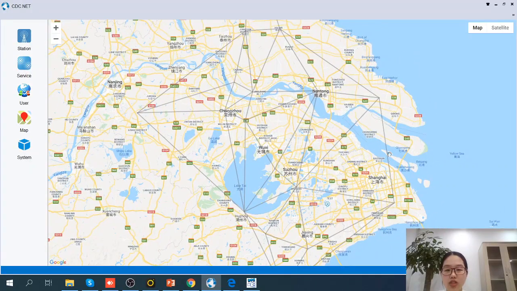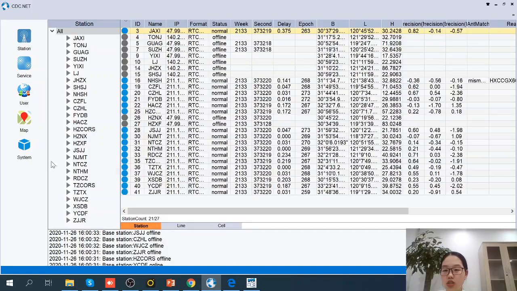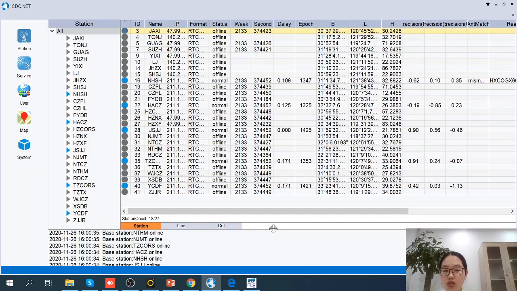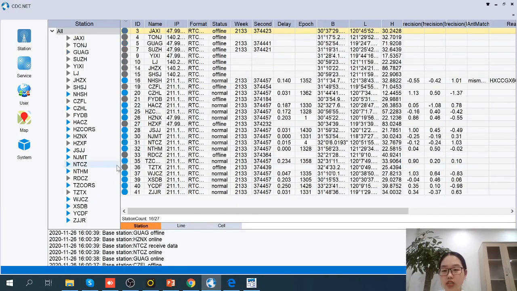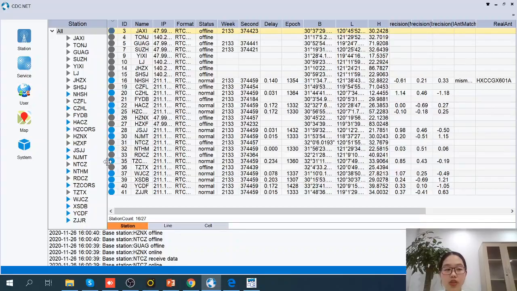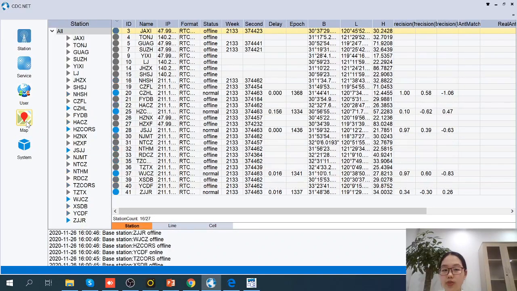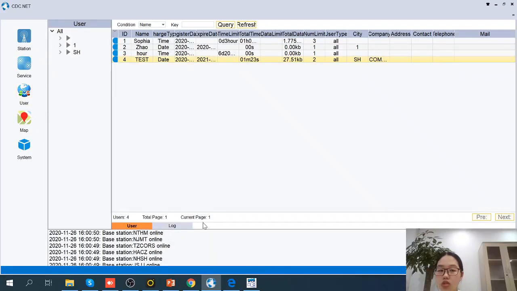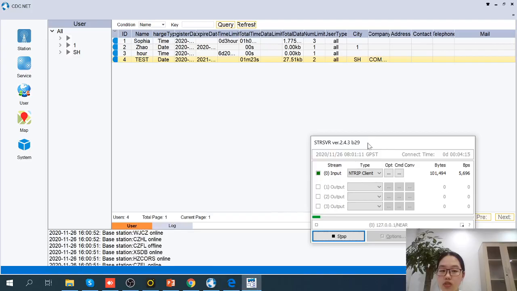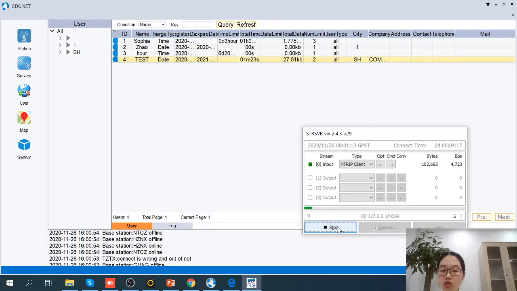Because here some stations are not stable. Not stable here. It's for our testing reference stations. Okay. So we finish the station configuration, service configuration, user configuration,